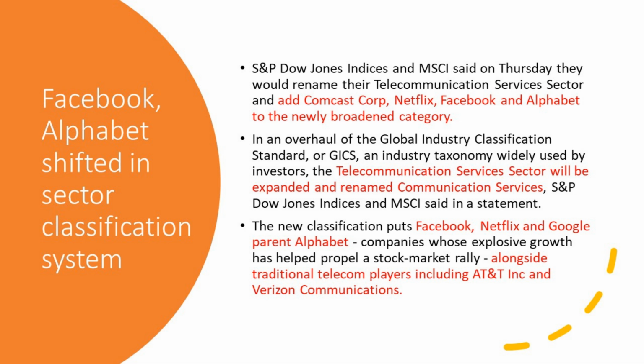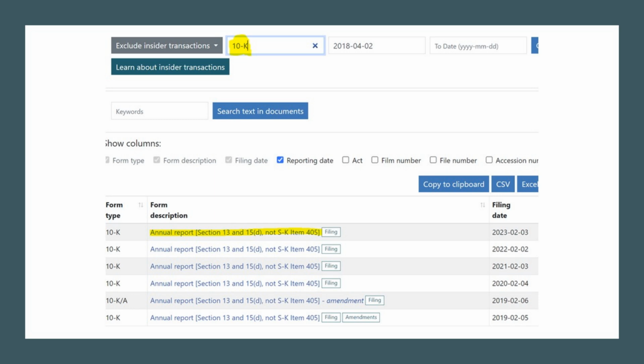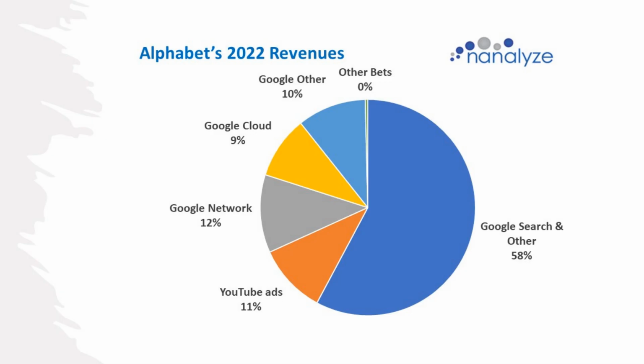I worked for MSCI for over a decade, and the way that we figured out what a company does is we dug into the filings. We actually had teams of analysts in Mumbai, of course, digging into this stuff. And what they would do is go to the financial filings database. Here you see the one for America, the SEC database, and you can very handily filter there at the top 10-K, and then it will filter out all the 10Ks, and then you can go through those and obtain all sorts of interesting information. So, for example, Alphabet's 2022 revenues are reflected below in the following segments,